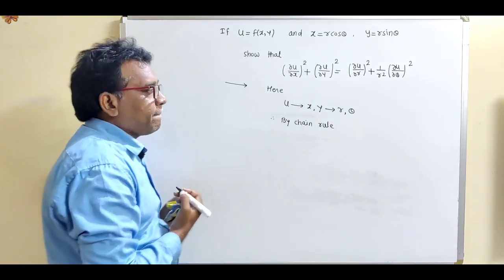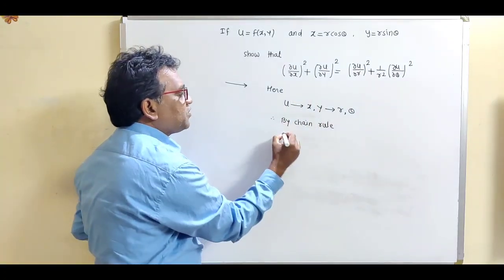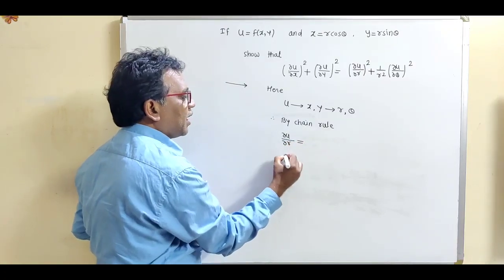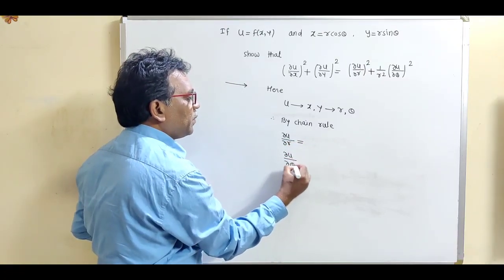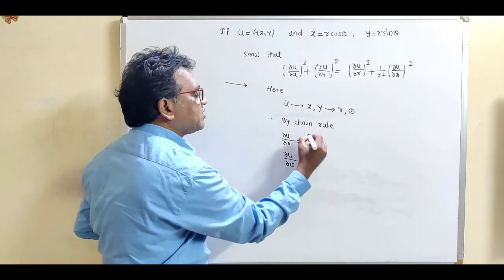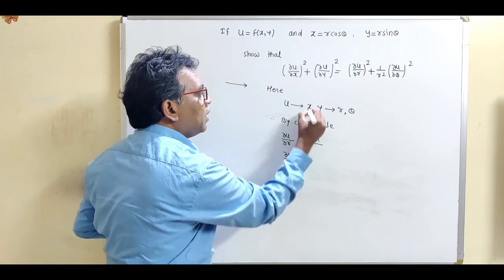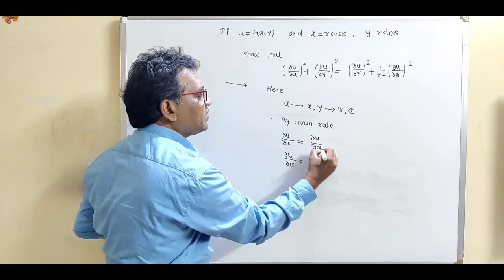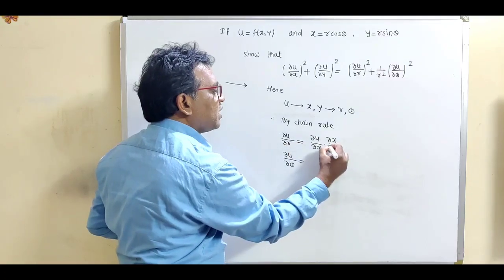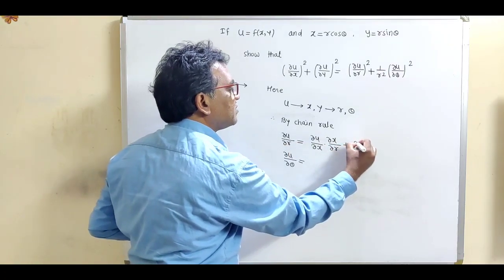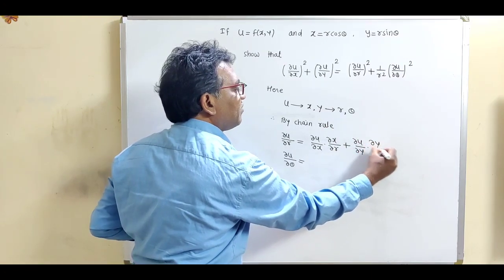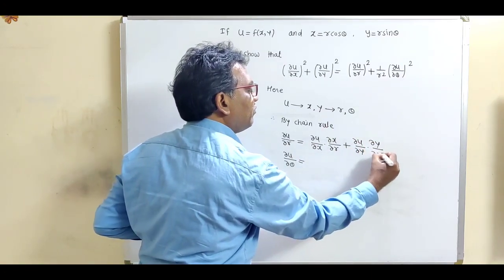therefore by chain rule, so what is the first rule? We can define the partial derivative del u by del r, and this is the second rule, del u by del theta. So del u by del r is given by del u by first variable x cross this del x divided by same term which is del r, plus del u by second variable y cross this del y divided by same term which is del r.